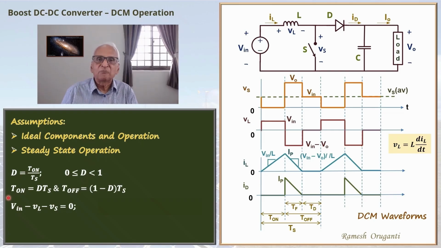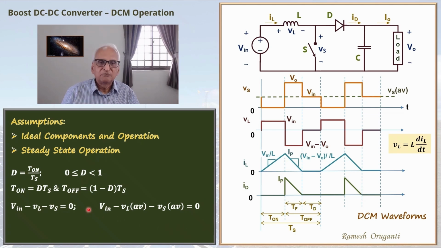VL and Vs are periodic waveforms. They have average values and fundamental and harmonics. Kirchhoff's voltage law will be applicable to each one of these components. So we can apply Kirchhoff's voltage law to the average values. That is Vin minus VL average minus Vs average